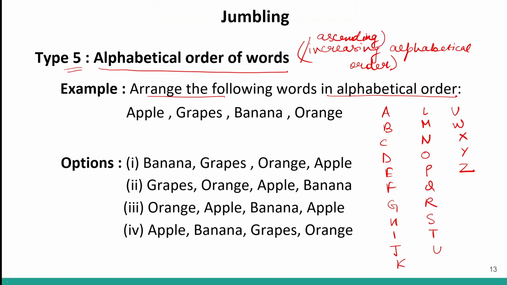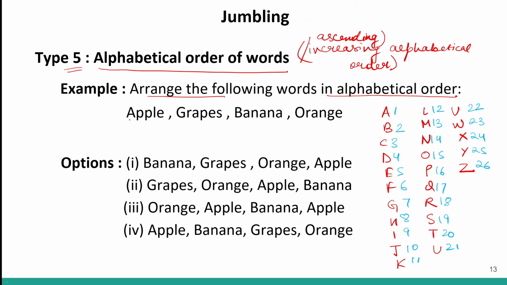if you remember forward ranks, let me give them ranks. I'm just giving them ranks. So forward ranks 1, 2, 3, 4, 5, 6, 7, 8, 9, 10, 11, 12, 13, 14, 15, 16, 17, 18, 19, 20, 21, 22, 23, 24, 25, and 26. So these are your forward ranks. If you remember the concept of forward ranks, this we did in alphanumeric series as well as coding decoding. We did this in similarities and differences as well.